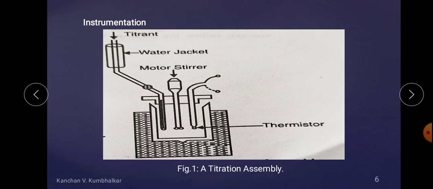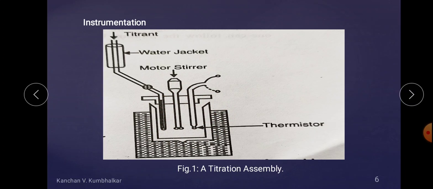By this arrangement, one can get a continuous record of unbalanced potential when the titrant is continuously added from the burette into the titration vessel.